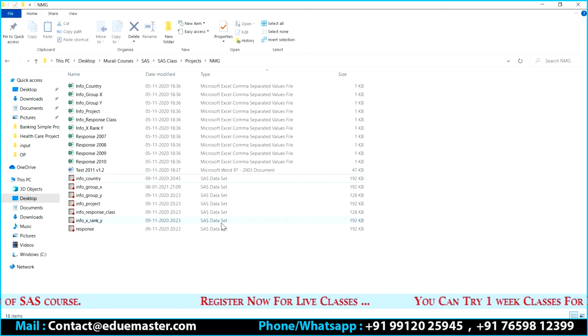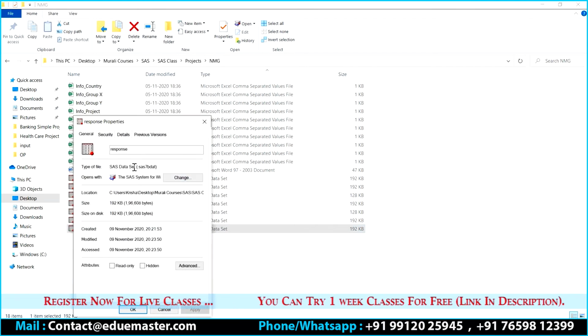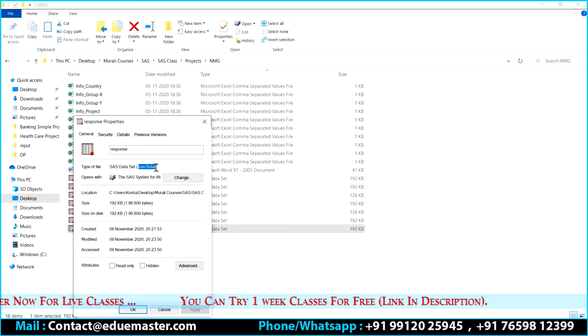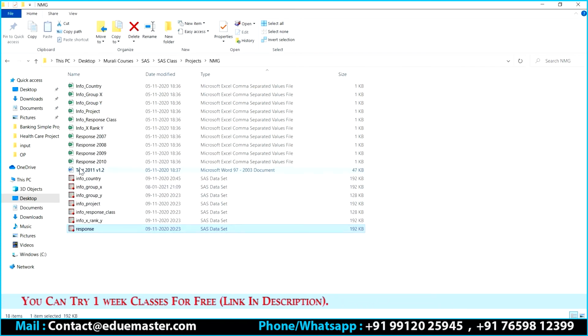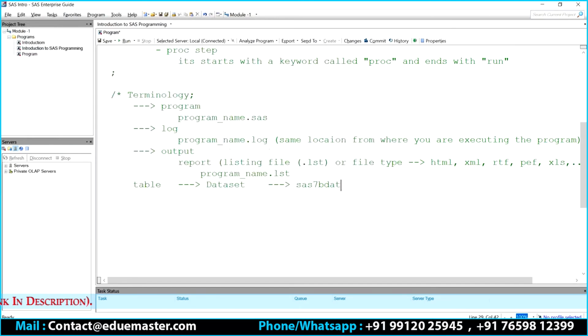It is showing as SAS dataset as a name, but if you right click on it and go to the properties, you can see that it has an extension of sas7bdat. So in your machine, if you find any file with .sas7bdat as an extension, that will be called your SAS dataset. Is that clear?